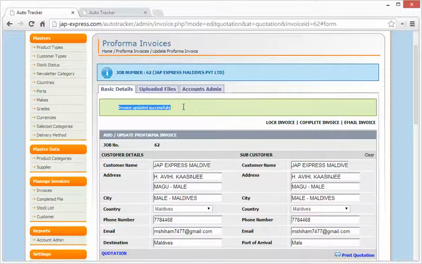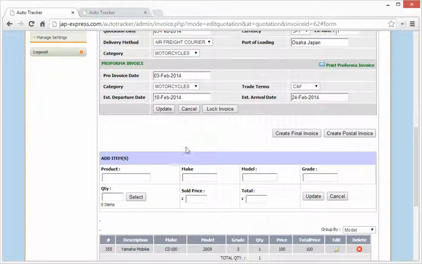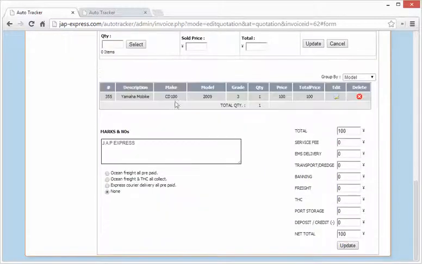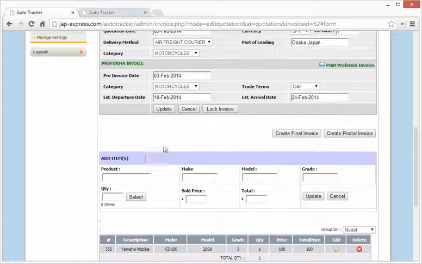When I click update, if something happens, you get a red or green notification. If something fails, it gives a red notification. If something completes, it gives a green notification, with the message that invoices updated successfully. Now this invoice has these values. You can add or update more text here, but you should notice that as soon as it is converted to a proforma invoice, there is a new select button available here. When you click on select,